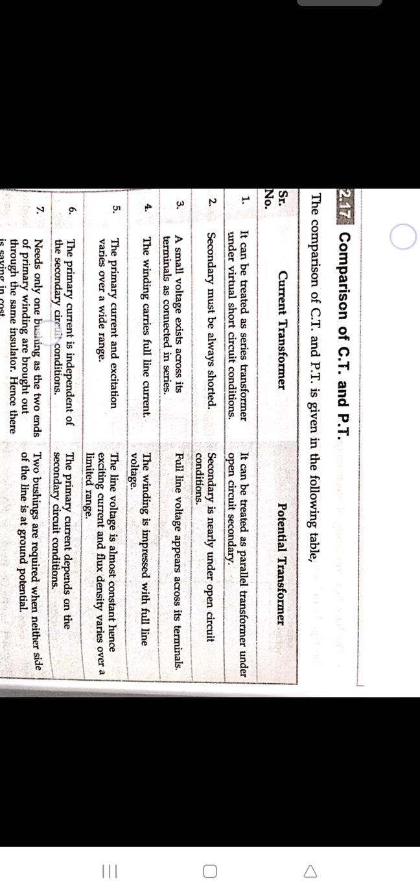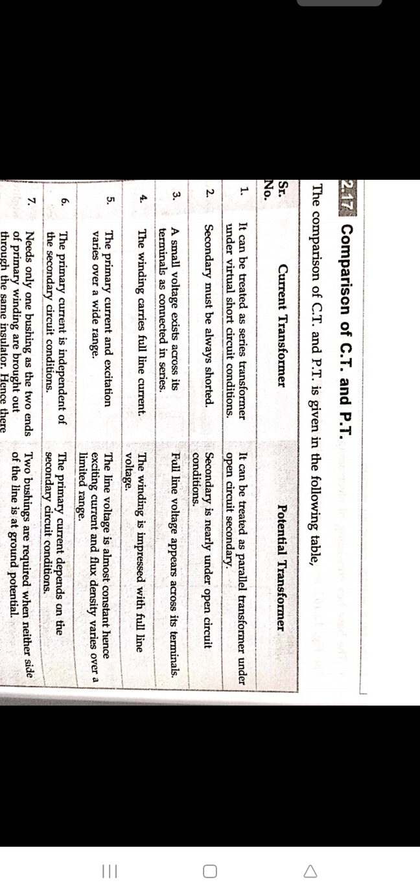And tests. Tests here for potential transformer: type tests such as temperature rise test, lightning impulse test, error measurement, switching impulse test, etc., and routine tests such as verification of polarities, power frequency dry withstand test on primary and secondary, partial discharge measurement, error measurement, etc. And third is commissioning test to be carried out after erection on site. Then the services, it is for metering purpose and protection purpose. So these are the specifications for potential transformer.